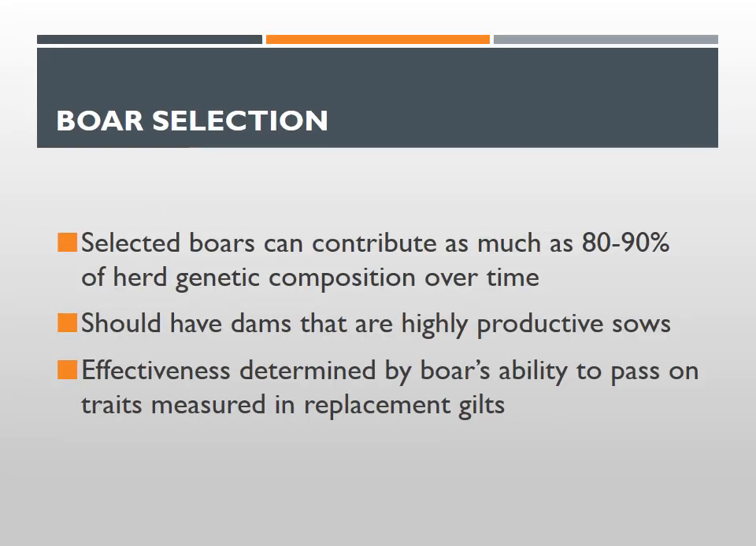Selecting boars is, again, critically important, because 80 to 90% of the herd's genetic composition over time is related to boars. So you're going to select boars that have dams that are very, very highly productive sows. Effectively, our goal is to determine the boar's ability to pass on those traits to replacement gilts. And boars and replacement gilts for quite some time are going to be raised basically the same as